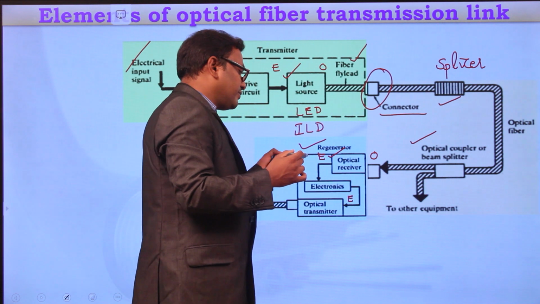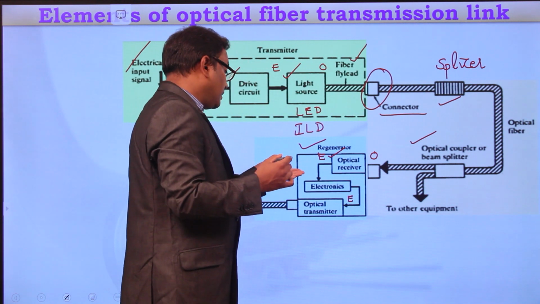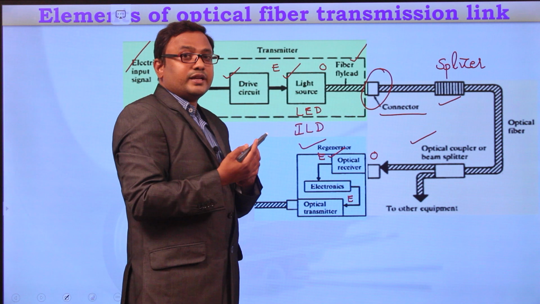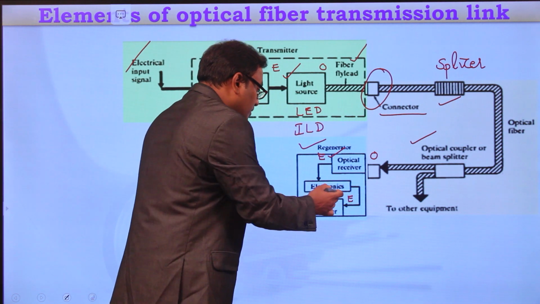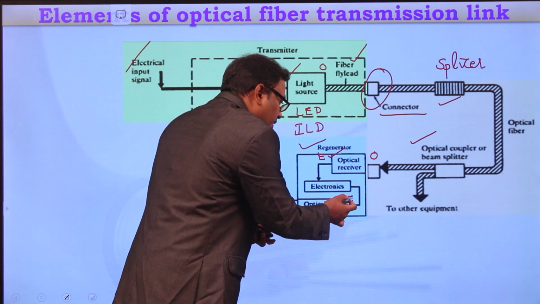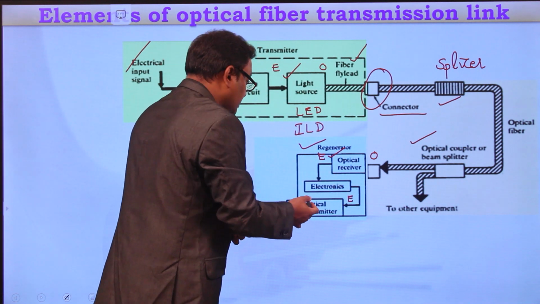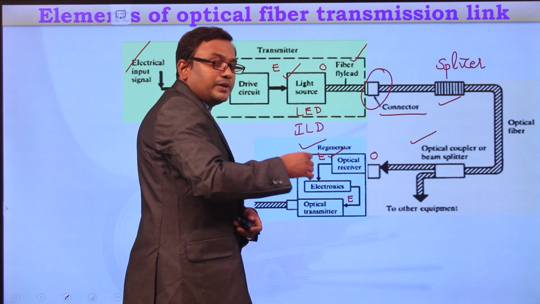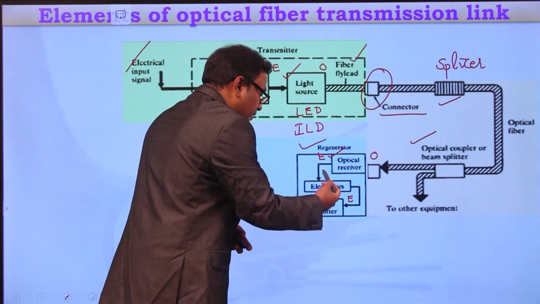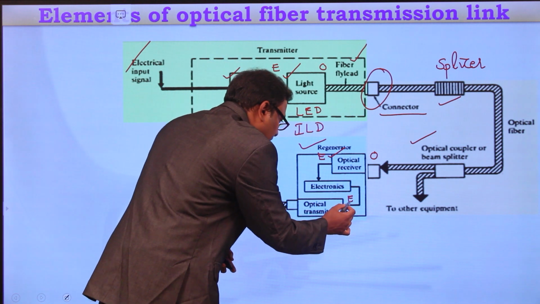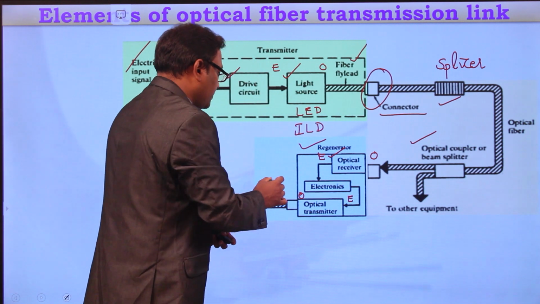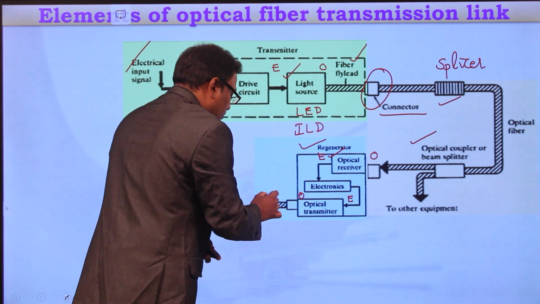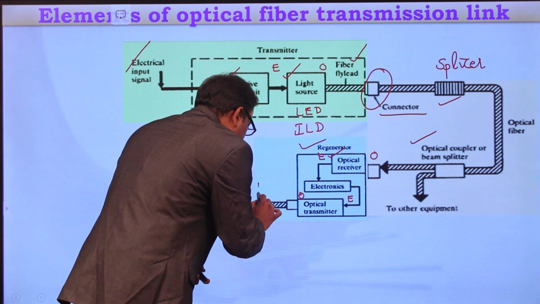because we need to carry this information for longer distances, and the channel here is the optical fiber cable, which carries the information only if it is in the form of light. So this electrical signal must again be converted into optical form. For that conversion, we have to use the optical source. Either by using LED or laser diode, this electrical signal will be converted into an optical signal, and this optical signal will be connected to the optical fiber cable by using a fiber fly lead.